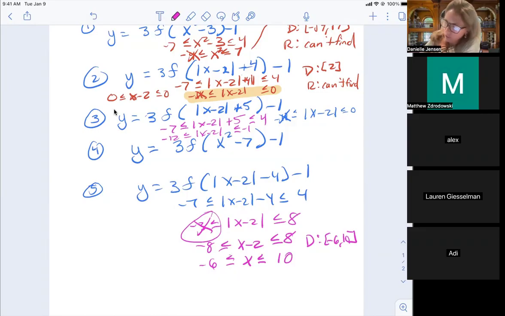Okay, let's do the next one. X squared minus 7 between 4 and -7. Oh yeah, this is what I meant to do for this one. All right, if I add 7 to both,